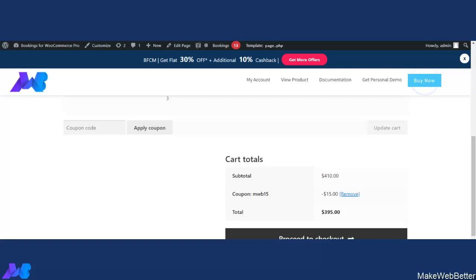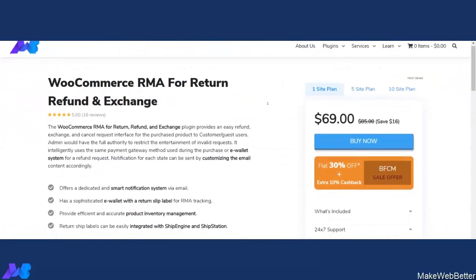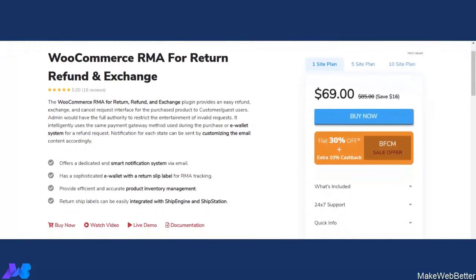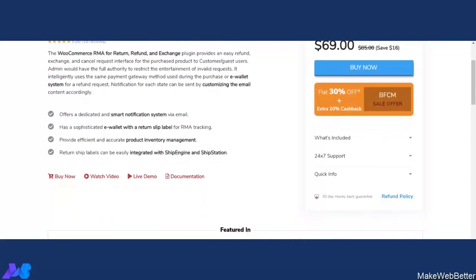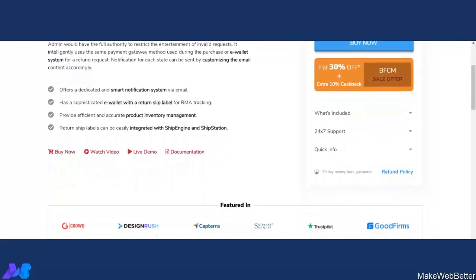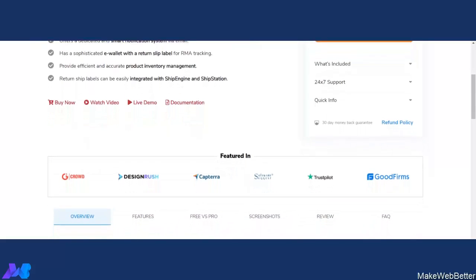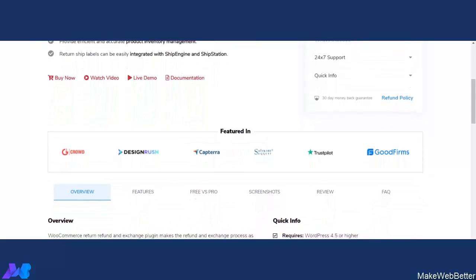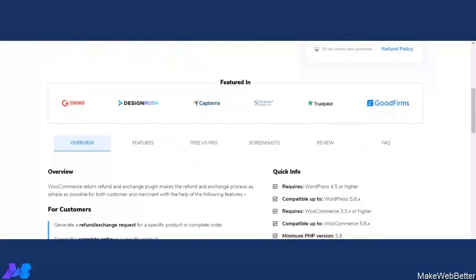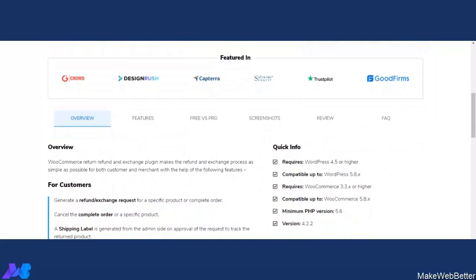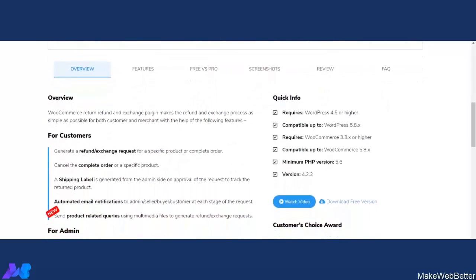So let's again go back to the backend. And one thing more, this plugin is also compatible with our Return, Refund and Exchange for WooCommerce plugin. So it will help the admin to easily manage and automate the process of cancellation requests, refunds, and overdue reimbursements. So it will definitely help you to automate your process. The link of the Return, Refund and Exchange for WooCommerce plugin has been mentioned in the description, so you can check it out from there.